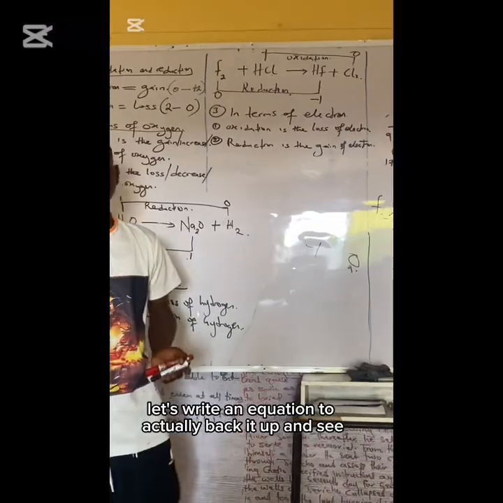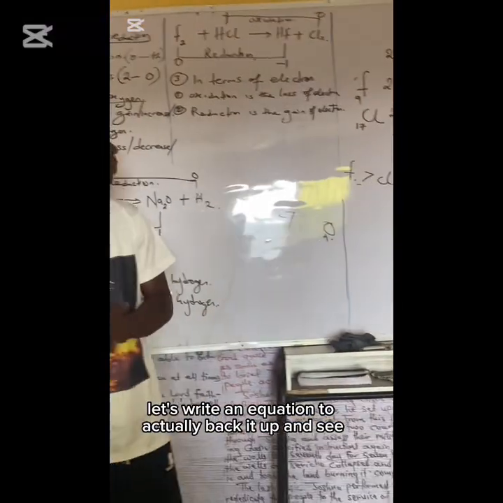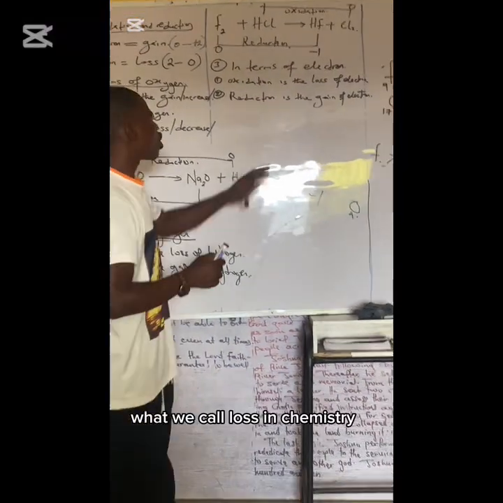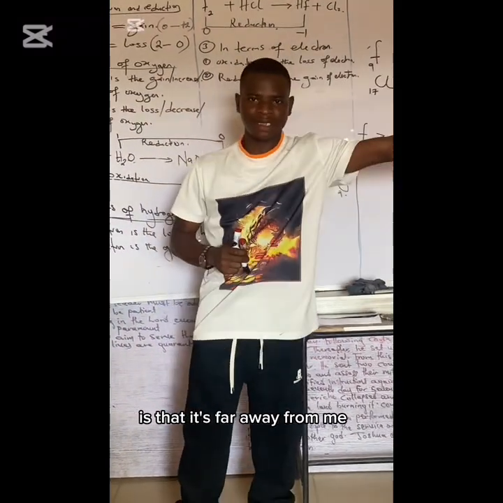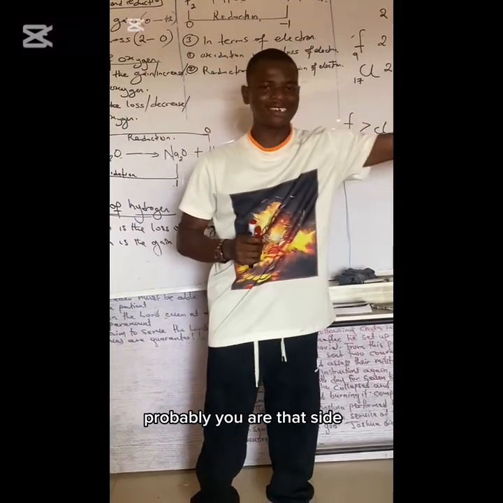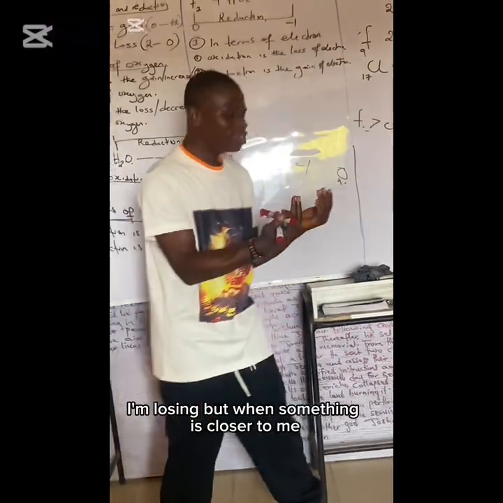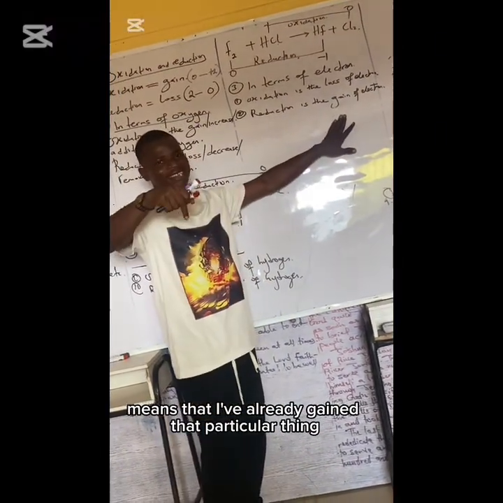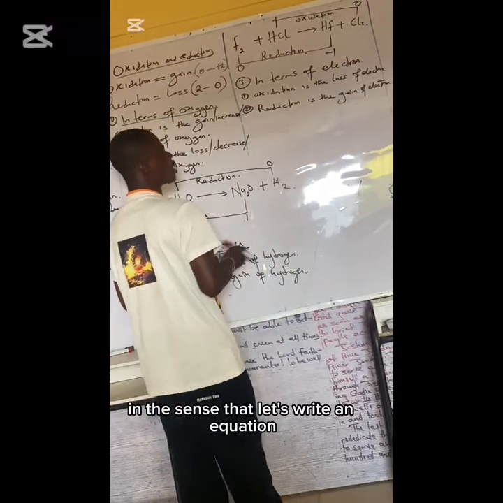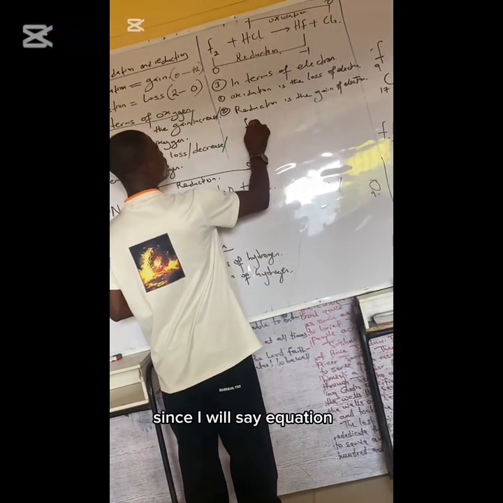Let's write an equation to actually back it up and see. What we call loss in chemistry is that it's far away from me. Probably you are on that side and losing. But when something is closer to me, meaning that I've already gained that particular thing. In the sense that, let's write an equation. Our former equation, let's say equation